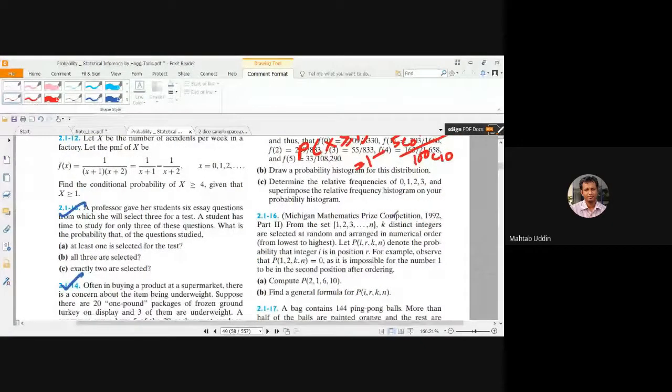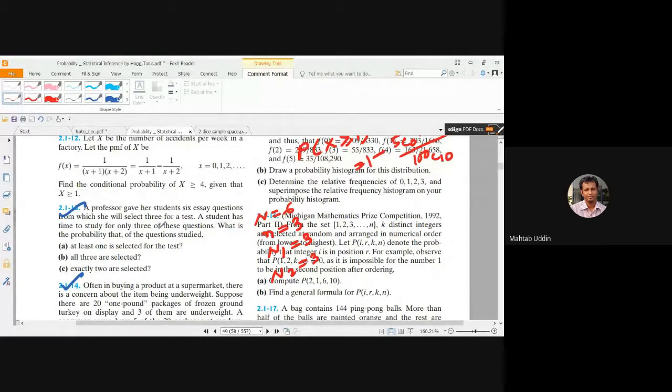Now, this is the math for you. A professor gave her students 6 essay questions. So how many total questions? 6. 6 essay questions. From which she will select 3 questions. মানে তোমার পরীক্ষায় তাহলে কয়টা কোশ্চেন আসবে? 3টা। Three. A student has time to study only 3 questions. সে মাত্র 3টা কোশ্চেন পড়বে। তাহলে সে কয়টা পড়বে না? 3টা পড়বে না। 6টা কোশ্চেন দেওয়া হয়েছে তার মধ্যে সে 3টাই পড়বে না। মারাত্মক অবস্থা।